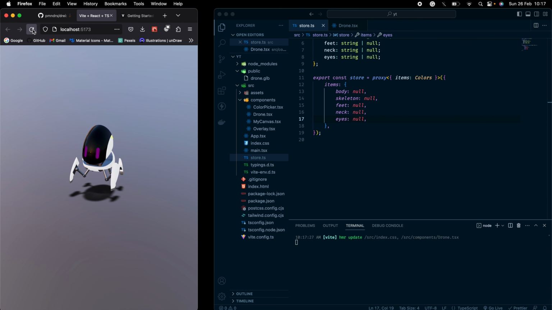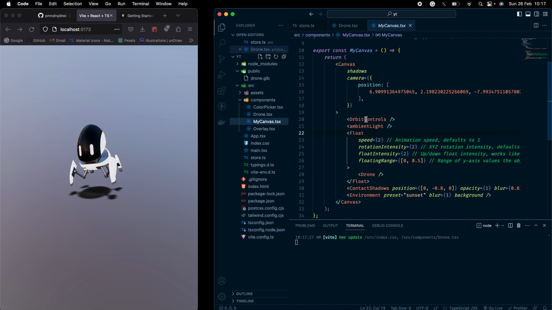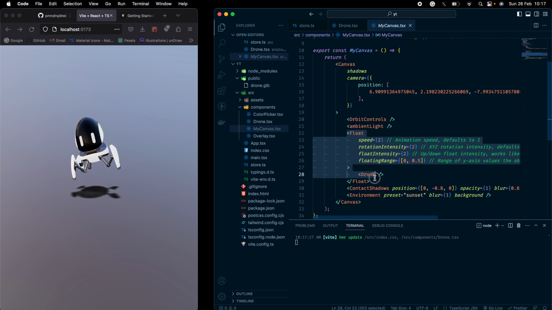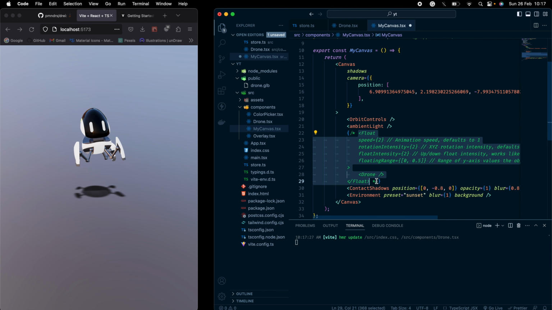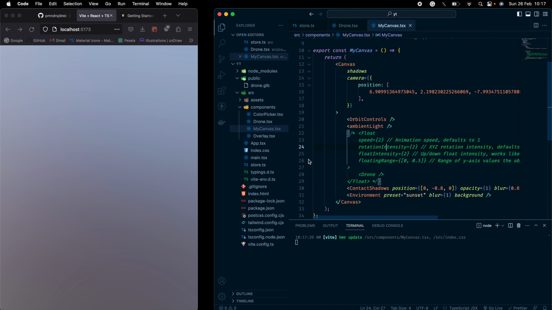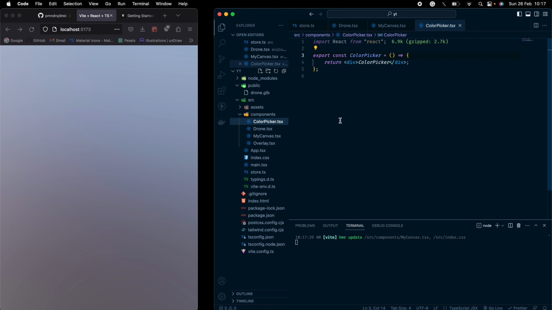Save all that, refresh this, nothing has changed. So now let me go back to my canvas again. I'll just comment this out. You don't have to comment it out, I just don't want my laptop to fry itself. So now here, color picker, let's have some